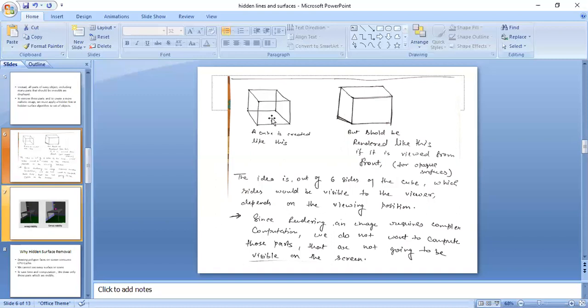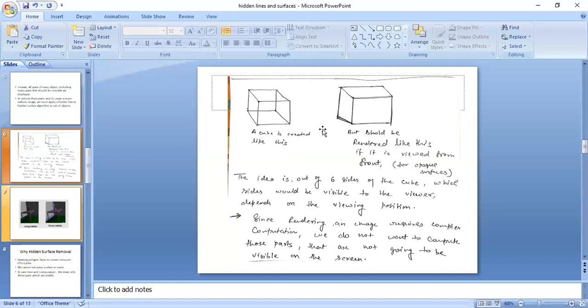But in real life, if you see a cubic shape like this from a certain point, let's suppose from the front, you are, as an observer, facing this object from the front. This object should look like this, not like this, but like this. That means this entire back face, and this particular portion and this particular portion must be hidden, because we can't see them. So it should be rendered like this if it is viewed from the front, and it depends upon the viewing position